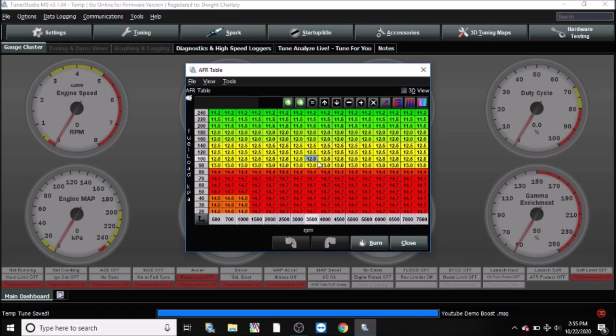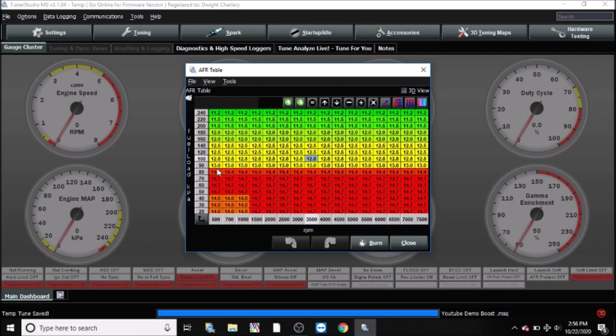So generally, wide open throttle in a car, you'd be somewhere around 12, high 12s to 13.0. Again, it varies from car to car. But with boost, the more boost you feed into your car, generally you have to richen up the mix. This is done mostly to save the engine from detonation and heat, which is created from all the extra boost. With the additional heat, you need to put more fuel in there to cool it.